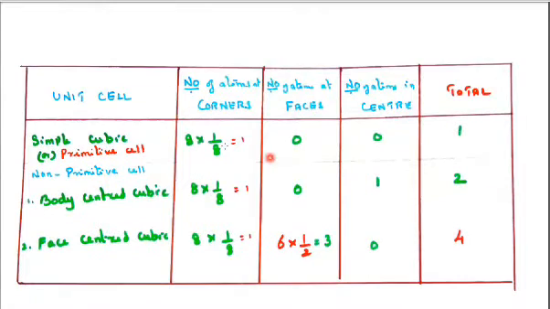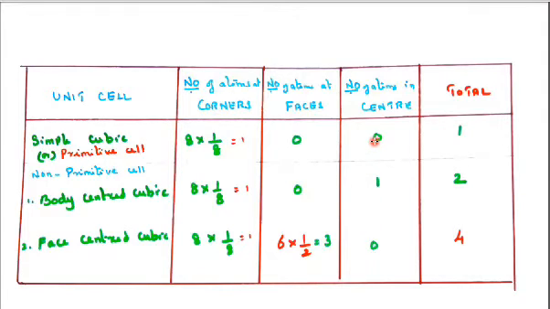So I have written here the unit cell of simple cubic or primitive cell, the number of atoms at corners. In simple cubic, body-centered cubic or face-centered cubic, everything is shared by one atom at all the 8 corners. So 8 into 1 by 8, the 8 cancels, and all carry 1 atom. And the number of atoms at faces: no atom at the face of simple cubic and body-centered cubic. Only face-centered has 3 atoms, so 3 plus 1 is 4.